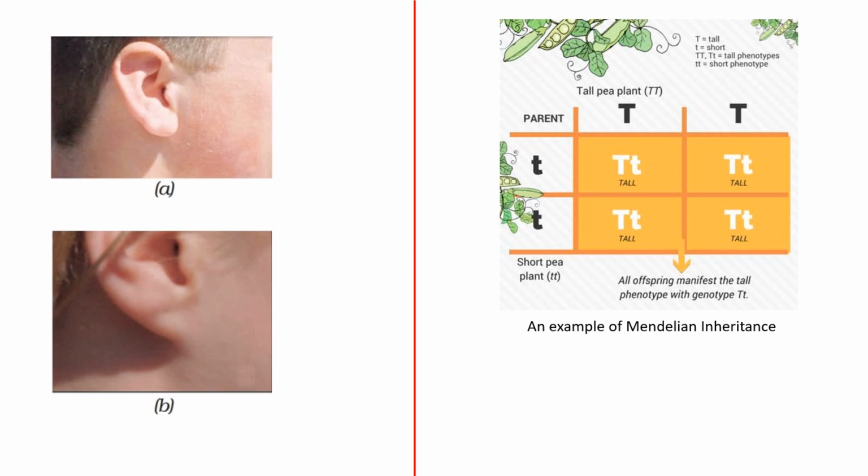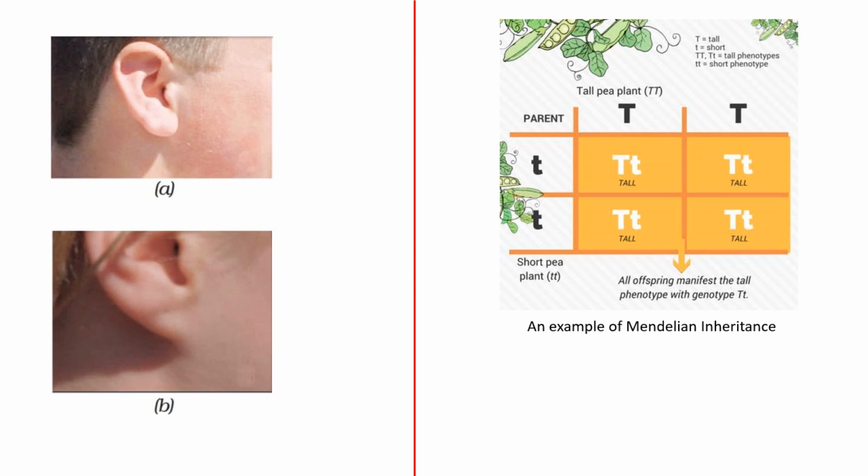Before that, just take a look at these pictures. Picture A has a boy with open earlobe, and picture B has a boy with attached earlobe. Why does this happen? It is because these boys inherited different traits from their parents, and thus the earlobes are